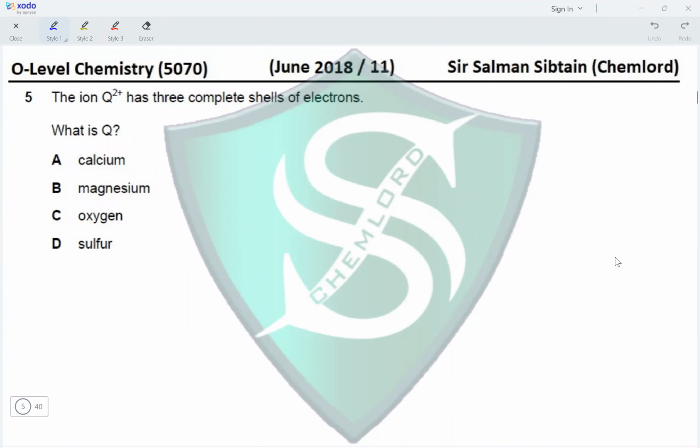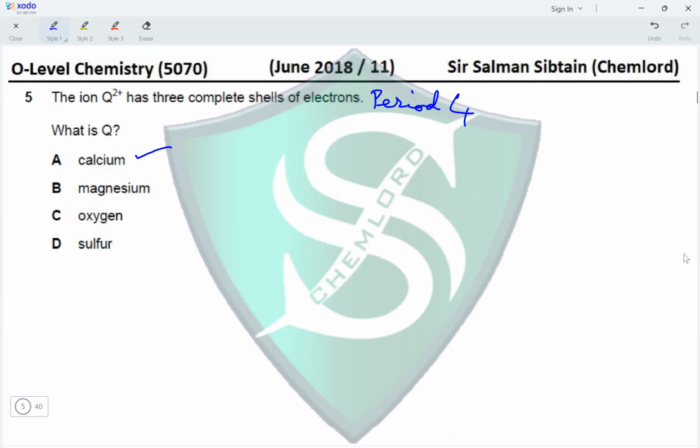Question 5. The ion Q2+ has three complete shells of electrons. If it has three complete shells of electrons, it has four shells in total. Thus, it belongs to period 4. What is Q? Now we have calcium. Since it has a 2+ charge, it would belong to group 2 as well. Calcium has a 2+ charge and it